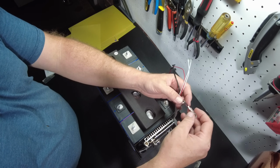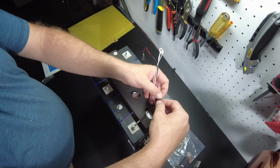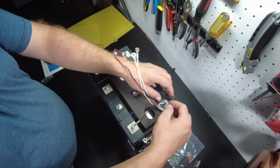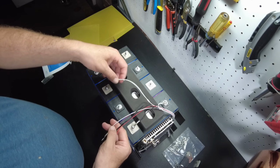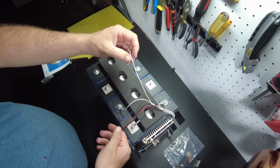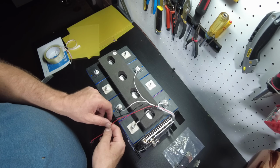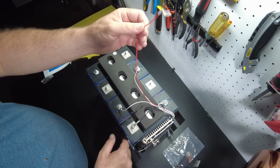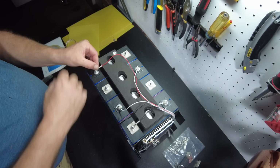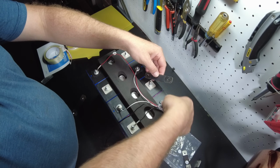Now we have a black wire labeled B-, so that's going to be the one that goes all the way over to here. And then one, I believe, is going to go here. And then two will go here. And the wire labeled 3 will go here. And then the main positive wire labeled B+ will end up here. So we're actually going to put our bus bars down first. So we'll put them down